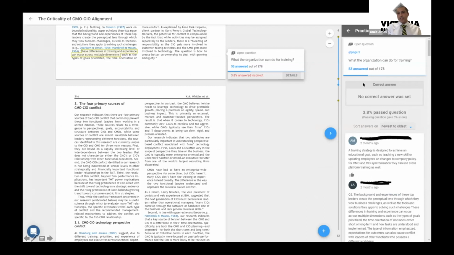Or in the other question, we ask them, for example, what the organization can do for training. So the students need to read the contents, to read that section, and then I am tackling their knowledge: what is your idea now? Share with us how the organization can do training. So they learned material in lectures, now they come, they're reading, and they know they are going to have a challenge to see how they can make a relationship between the content that they received during the lecture and the content that they are now reading in the article, and how they can join these together and put